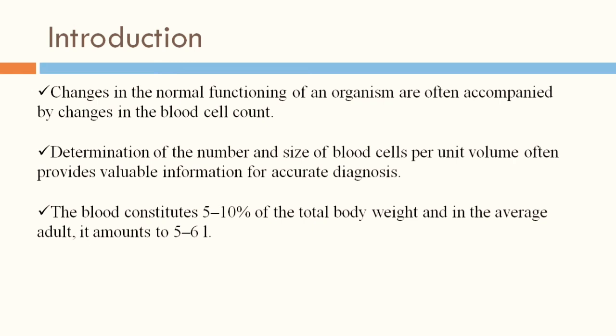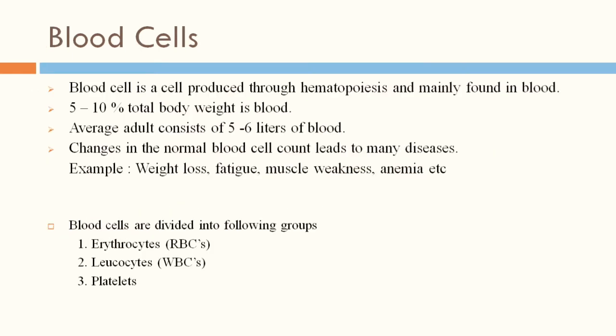Blood consists of corpuscles suspended in the fluid called plasma, in the proportion of 45 parts of corpuscles to 55 parts of plasma. Corpuscles, you can also say, are cells. The majority of cells in the blood are red blood cells, also called erythrocytes, the others being white blood cells, called leukocytes, and lastly the thrombocytes, also called platelets. So moving to the next concept.